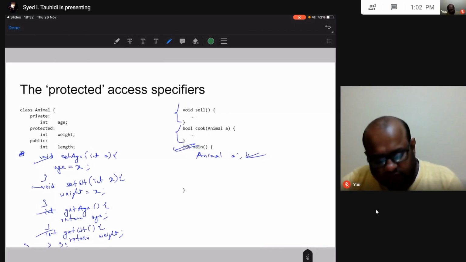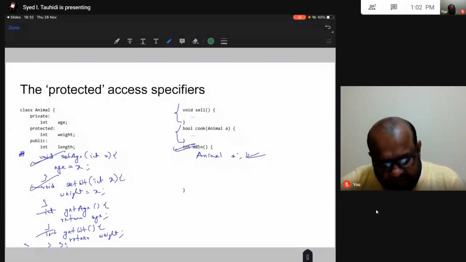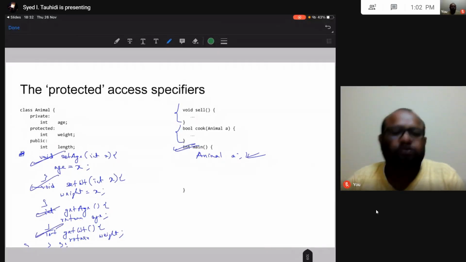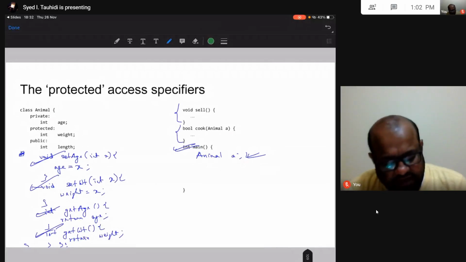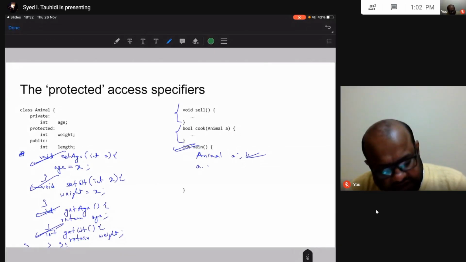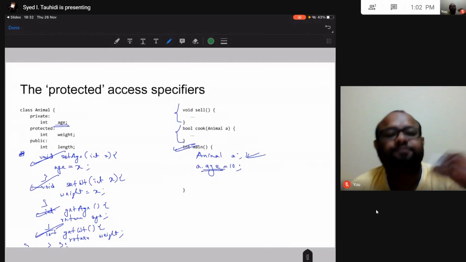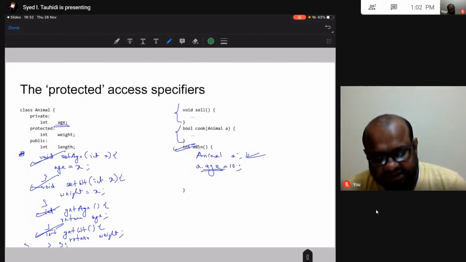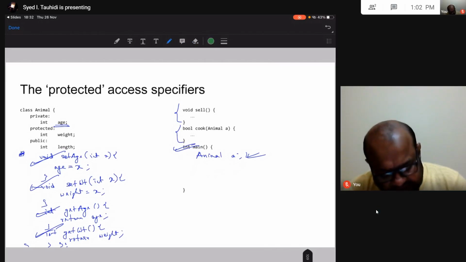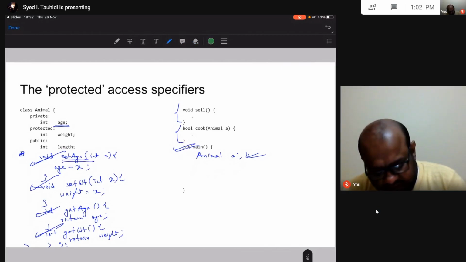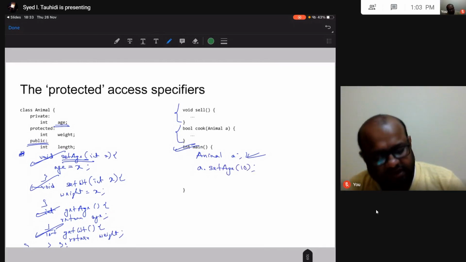So now I have these 4 different public methods inside this class, and I can do this, right? You know this very well. I cannot write a dot age equal to 10, because age is private and I cannot access this age directly. But set age is public, so a dot set age with 10, this I can call.